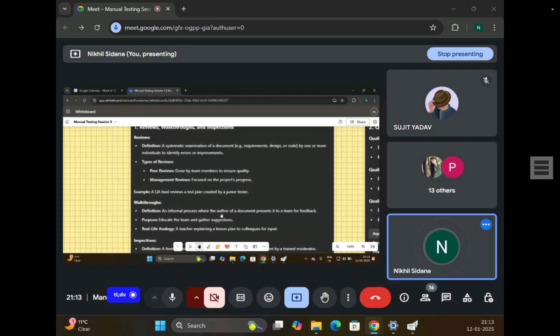Mentioning author of document during a walkthrough definition is very important. The purpose is to educate the team and gather suggestions or feedback. Give me a thumbs up, guys, if you understood till here.